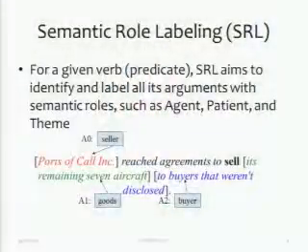What is semantic role labeling? For a given verb, which we call the predicate, a semantic role labeler aims to identify and label all its arguments with semantic roles, such as agent, patient, and theme. Here is an example from the Wall Street Journal where sell is the predicate. A semantic role labeler tries to find all the participants of this action, such as seller, goods, and buyer. The numbered arguments here follow the annotation from PropBank, which is a widely used annotated corpus for the